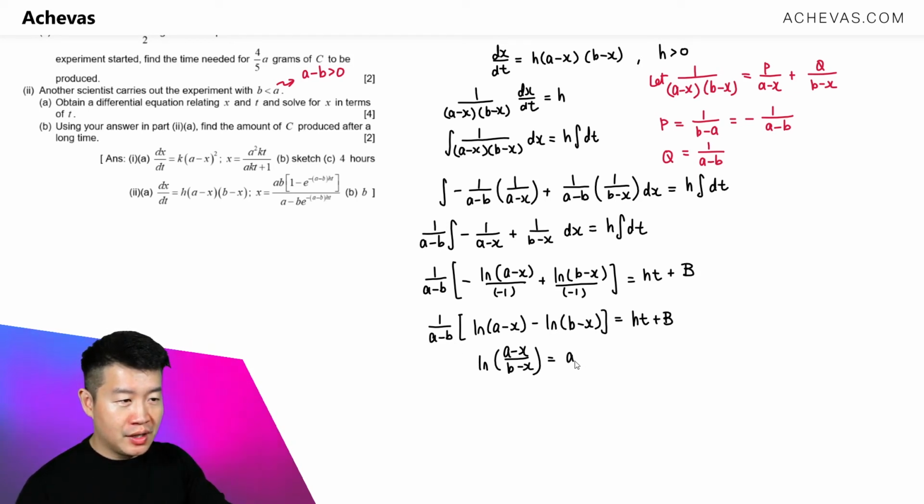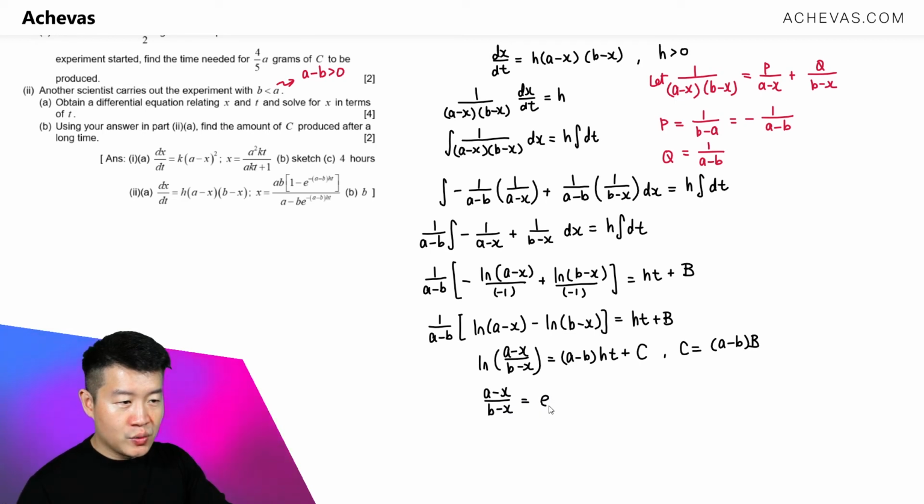So it will be (a - b)ht + (a - b) times b, which is getting a little bit big in terms of its expression size. So I'm going to just replace it by another arbitrary constant, c. And this c here represents (a - b)b. I'm going to remove this ln from the left-hand side. So (a - x) divided by (b - x)